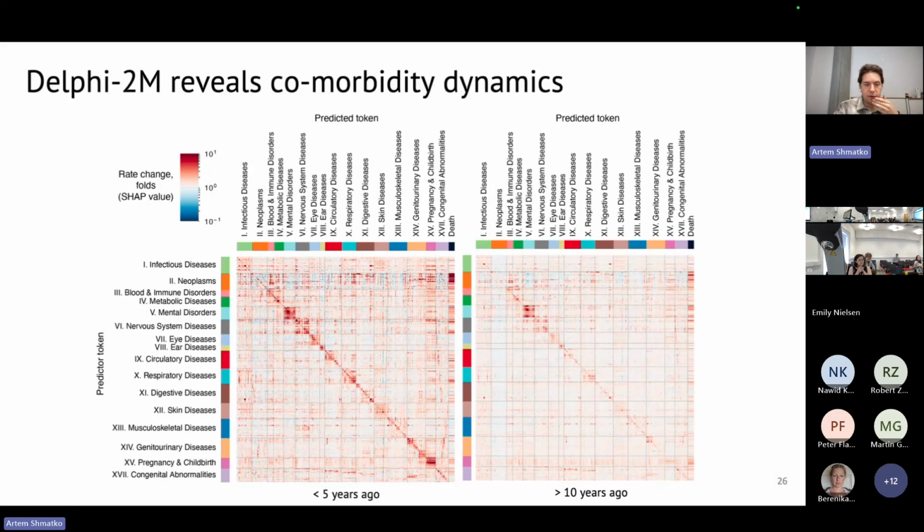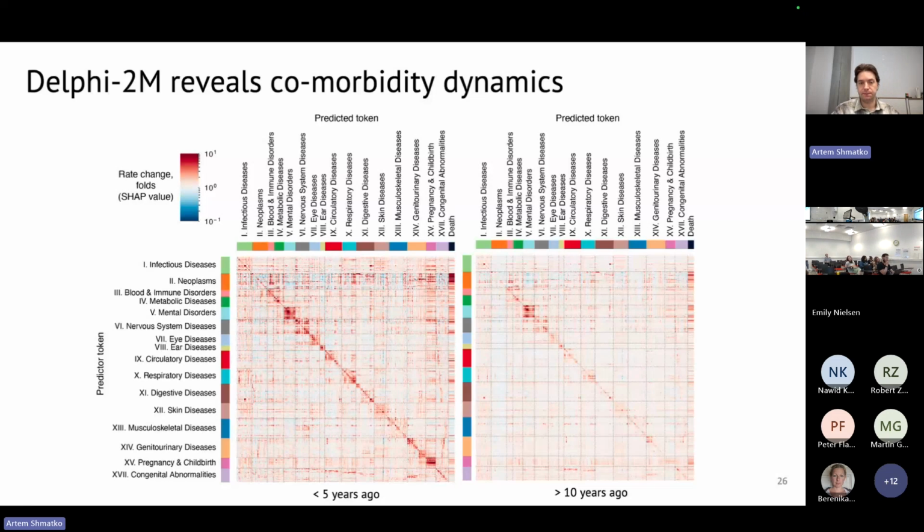The same is true, for example, for pregnancy. It seems that if something goes wrong during the pregnancy, the chances of an unfavorable outcome due to various reasons are also elevated. But also some diseases, some chapters, have a finer structure of the corresponding square. For example, here in the circulatory diseases, we can see this small square. That means that some diseases are interconnected, and some circulatory diseases have less